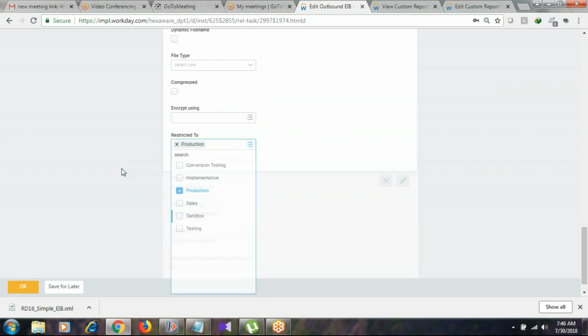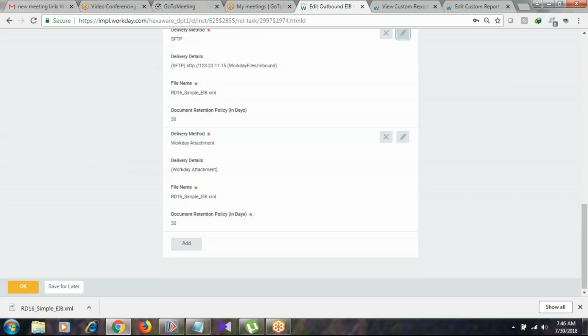When I run the integration in sandbox, if I don't choose this environment restricted to production, the output file will be delivered to SFTP. All the files will be delivered to the same production SFTP server there.